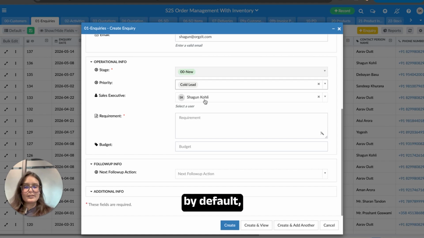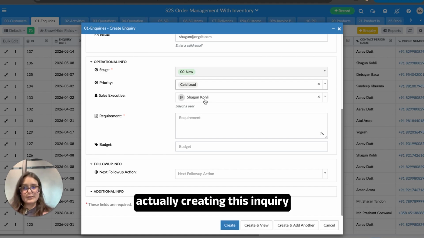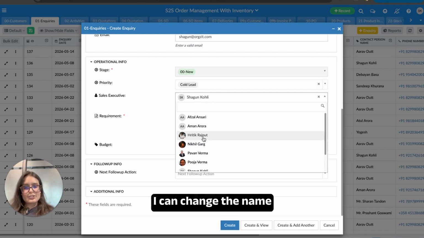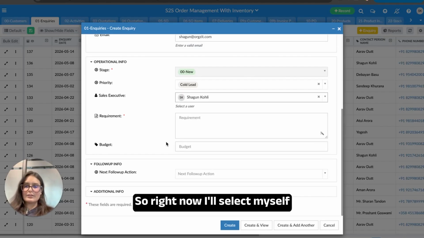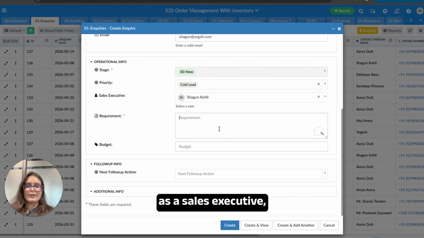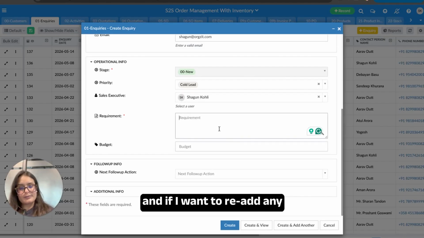Sales executive, by default it is set to the user who's actually creating this inquiry, because it is very natural that the salesperson is the only person who creates an inquiry. If I want, I can change the name from here for any of the users who are associated with this particular workspace. So right now I'll select myself as a sales executive,